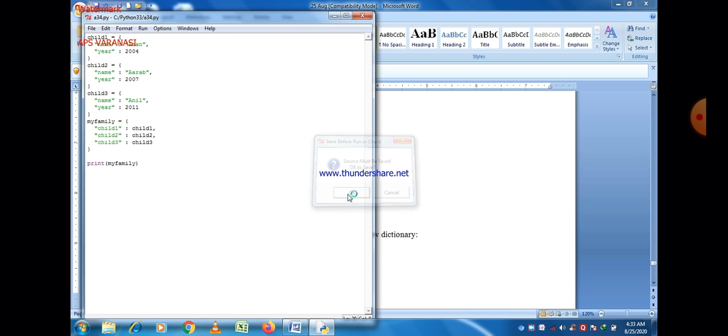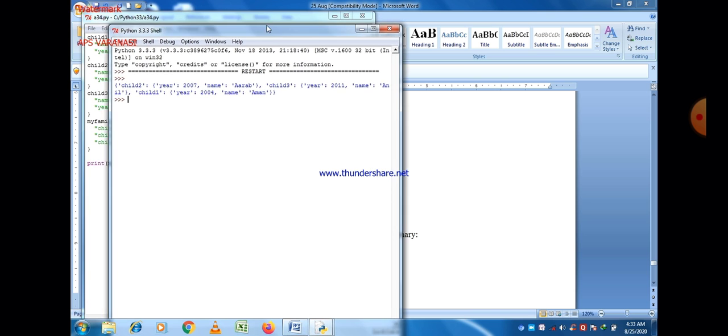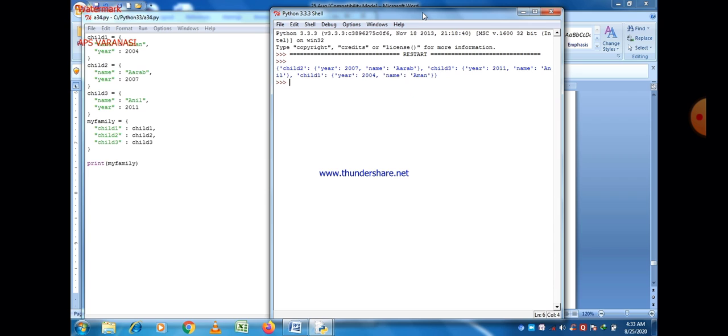So execute this program. That is the output. You can easily see on the screen. Save the program.